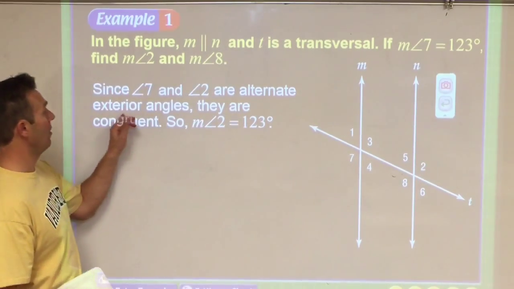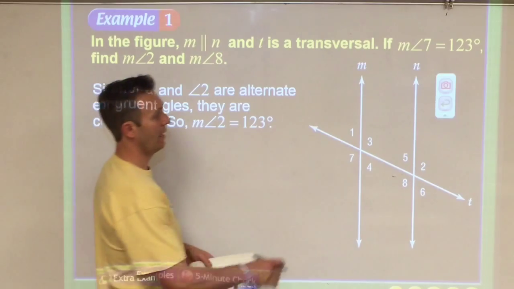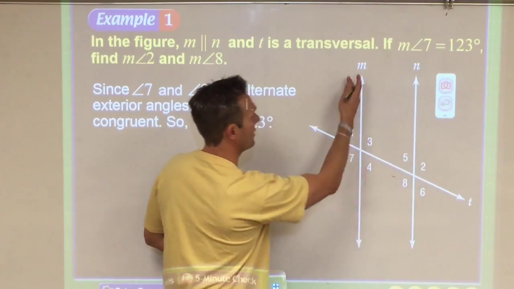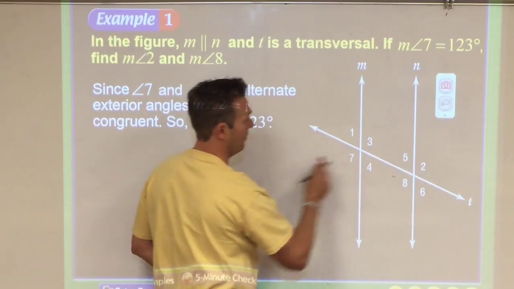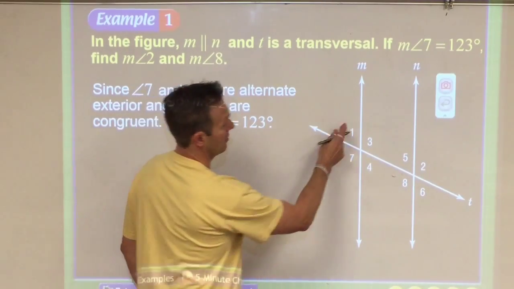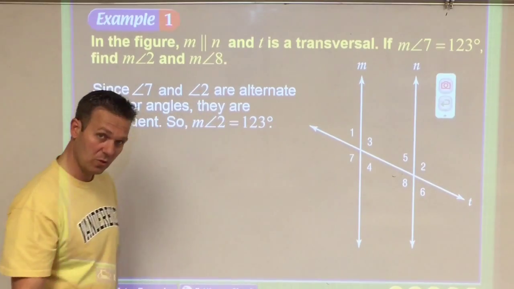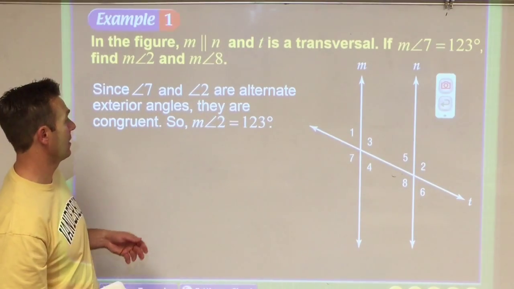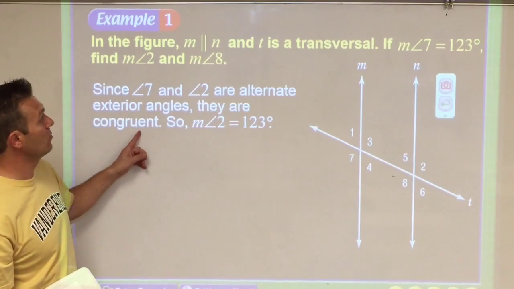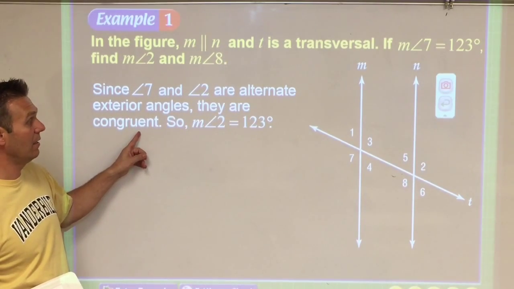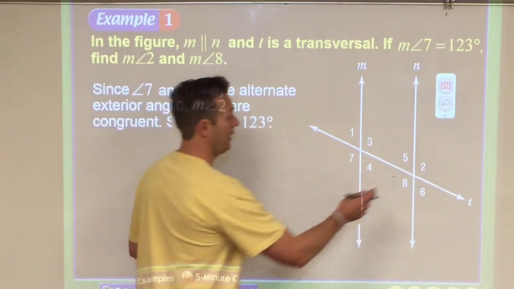Well, these are called alternate exterior angles, okay? They're on the outside, the exterior of the 2 parallel lines, which is a good way to remember them, and they're alternate of each other. So the other ones that are alternate of each other are also 1 and 6. Those would also be exterior alternate angles, okay? So now that we know that angle 2 is 123 degrees as well,